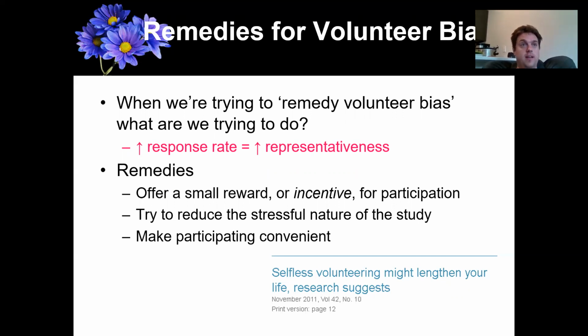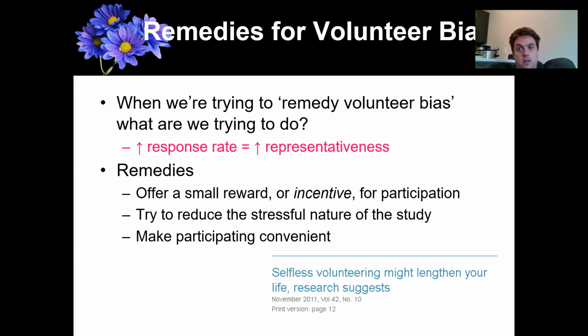Reducing the stressful nature of the study can help a lot. So again, thinking of the example of, say, weightlifting versus relationships. Well, with weightlifting, if you have to be there and watch them lift weights, it's kind of a lot of pressure, right? And people who are not that strong might not want to do that study because they don't want to be watched while they're lifting weights. Whereas something like an online, anonymous survey about previous relationships might not be as stressful. It might be much easier to get volunteers for. Now, sometimes you have no choice, but whenever you can, making the study less stressful is a good thing.